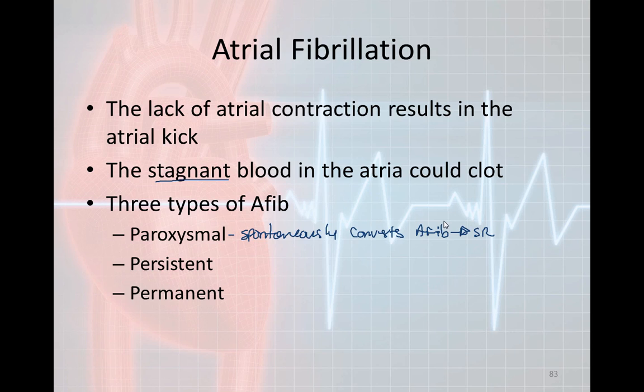And this could occur every few seconds, every few minutes, every few hours, or every few days. Basically what happens is when it's paroxysmal, this means that it converts without pharmacology or electricity, which means synchronized cardioversion. So if it goes in and out of AFib spontaneously without any kind of pharmacologic or electrical intervention, it's considered paroxysmal. Now, persistent, on the other hand, is a chronic AFib